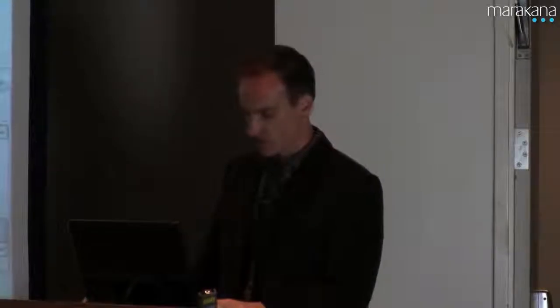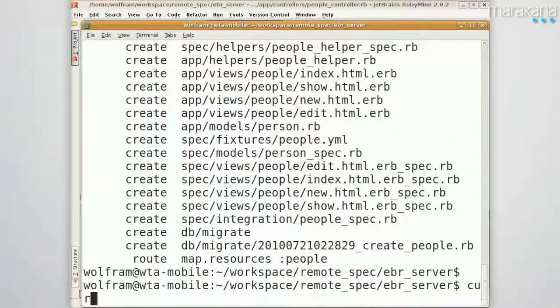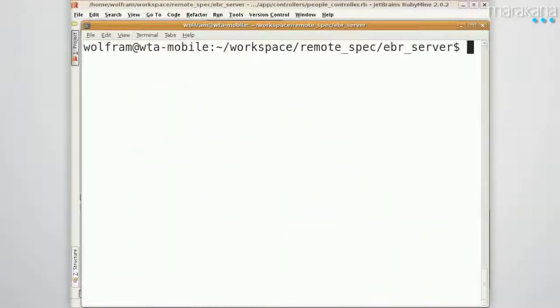And what comes to mind is the console, the script console in Rails, or in this case, I can just use the command line for the server. So I'm at the server here. Now I can use the curl command. Let's clear this. So curl is a way to talk to a URL. So I can just say